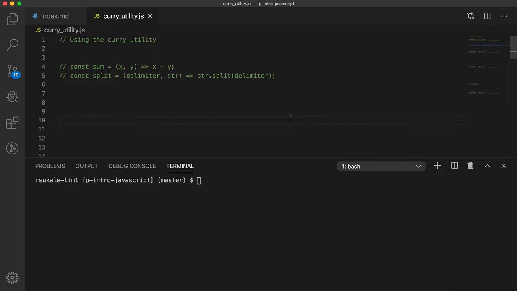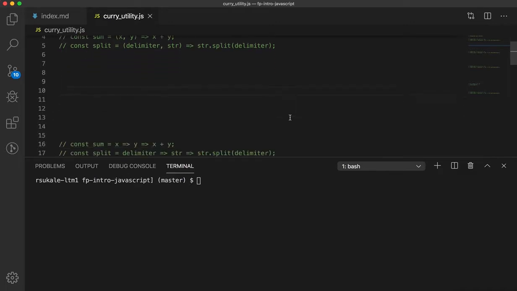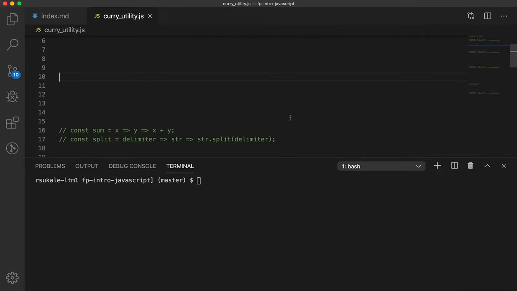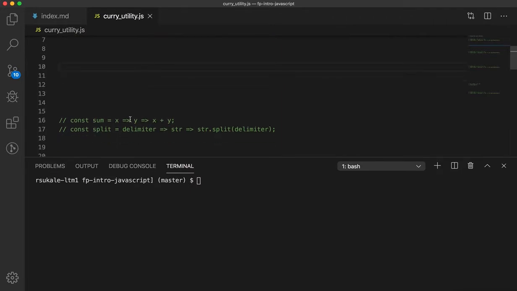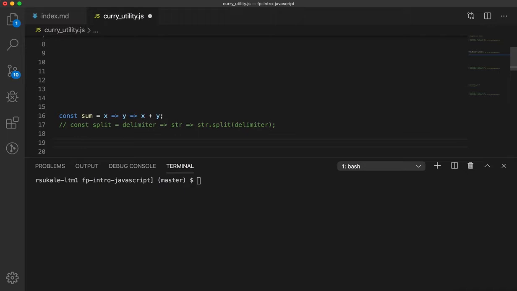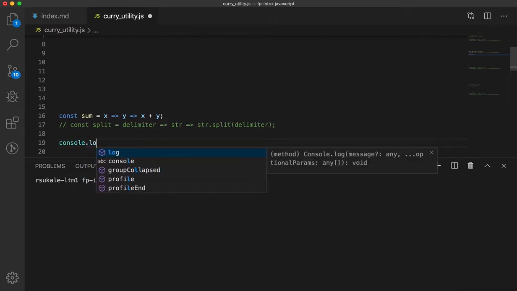And in order for me to use them in a functional context such that each function only takes one argument, I would usually create functions like these, in which I would turn them into functions that return functions that eventually return a result. Now all of this is good and nice, but the problem is that when we turn a function into a curried version like this, we lose the ability to execute it when you provide it all its arguments. For example, let us say we have console.log